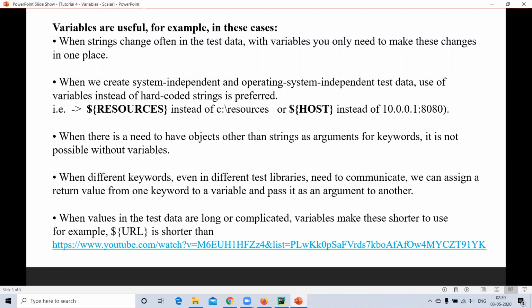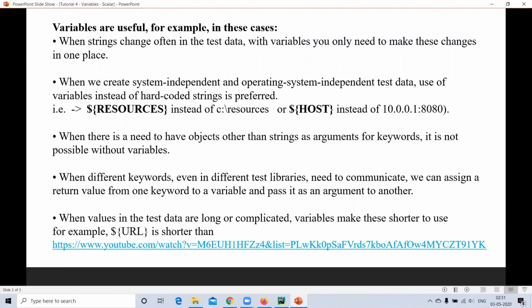When there is a need to have objects other than strings as arguments for keywords, it is not possible without variables. Then, when different keywords, even in different test libraries, need to communicate, we can assign a return value from one keyword to a variable and pass it as an argument to another.